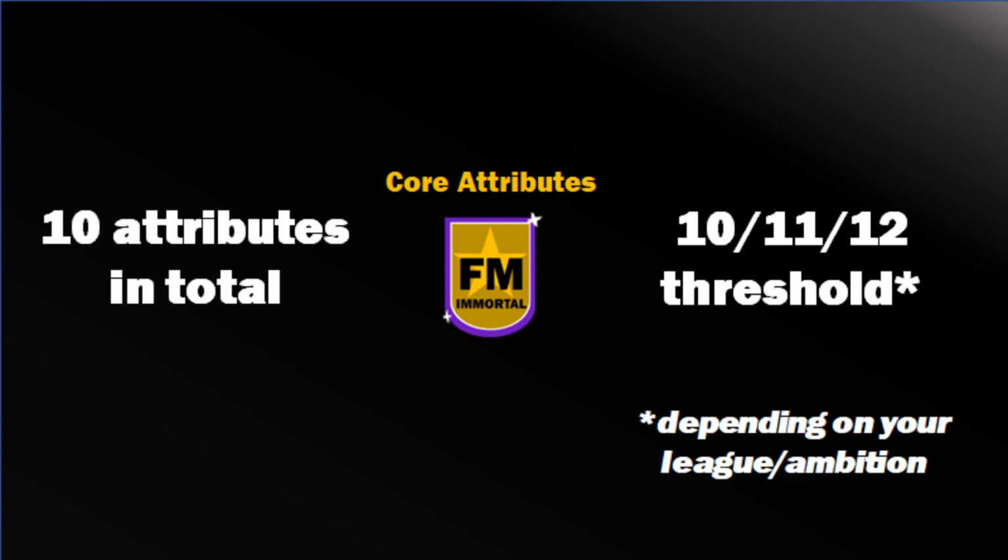If you're playing in the second tier of a nation, then you're looking at a minimum criteria of 10 for these core attributes. If you're at a Premier Division or a First Division, then you're more likely to edge towards 11, and if you're trying to conquer Europe, then that will jump up to 12. Why don't we make a game of this though? So pause this video here and see if you can guess what 10 criteria come into the core attribute marking